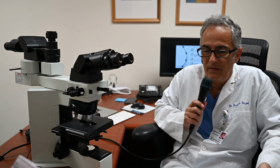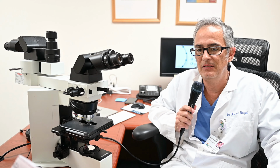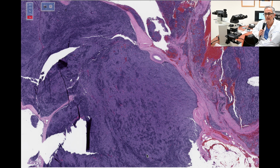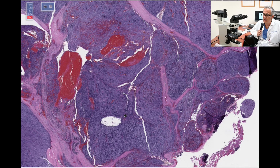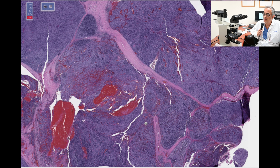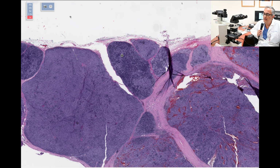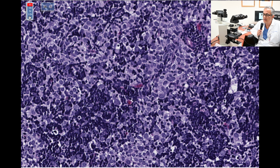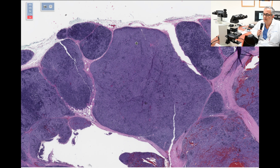I'm going to present a 53-year-old man with a 3.5 centimeter anterior solitary mediastinal tumor with sharp chest pain for 3 weeks. Microscopically, in low power, we can see that this is a lobulated, multinodular, apparently encapsulated tumor. In most areas, we can see a mixture of lymphoid cells with epithelial cells, but